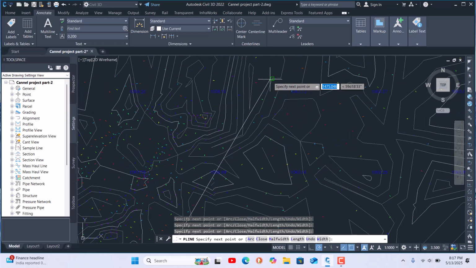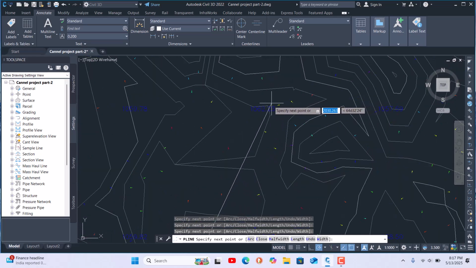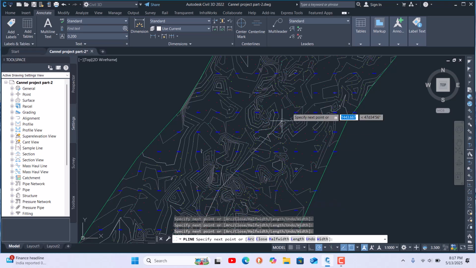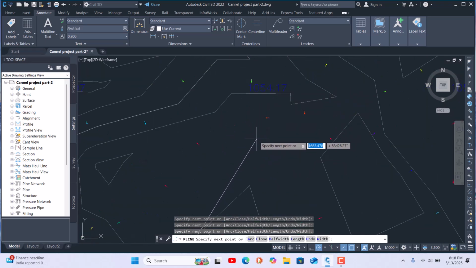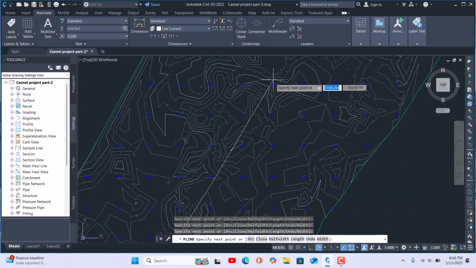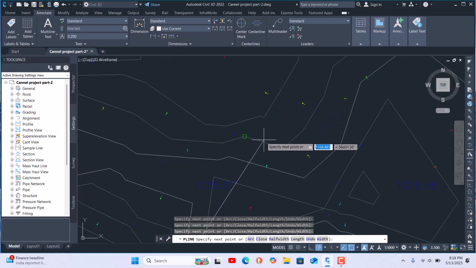In this area we again go to the downside, and after that we can adjust our level again. This is just for explanation. If you are doing a real design, then be careful about the levels. See your project specifications, how much slope is mentioned there.